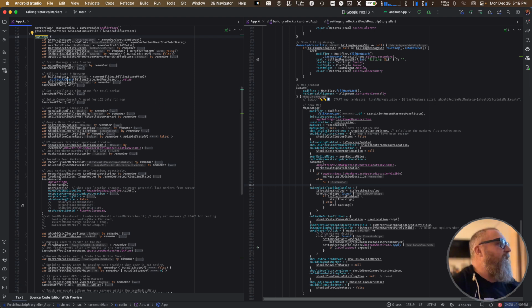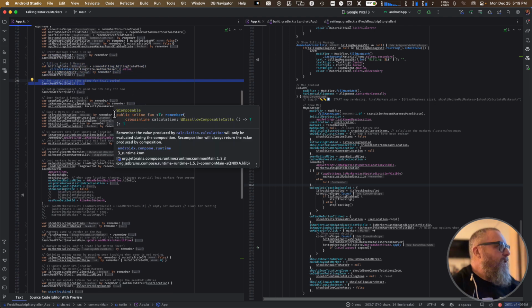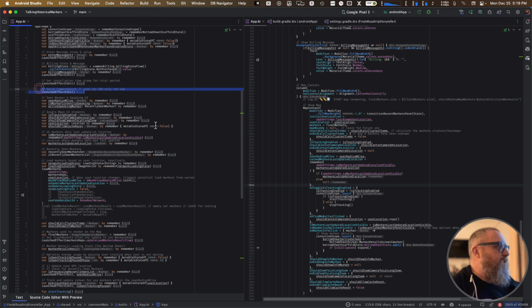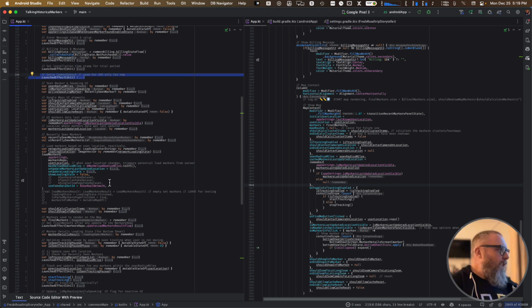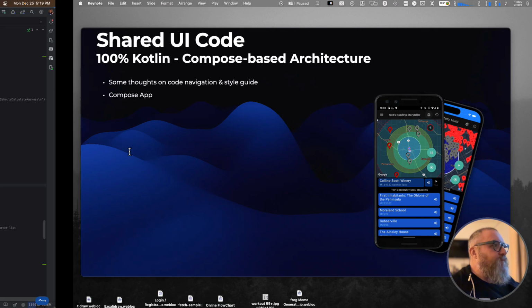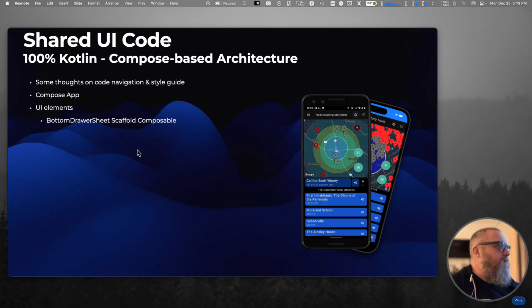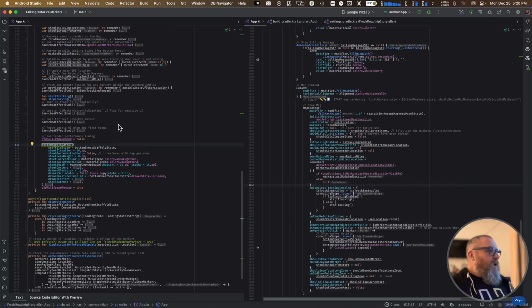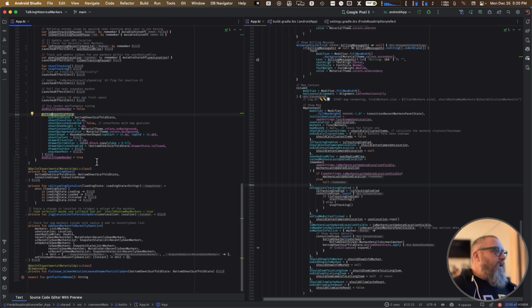So here's the app, and it has the main entry points and error message state, billing message state, the installation time setup, the speech, handling the speech patterns. All that stuff is started here. And here is actually the bottom sheet scaffold. Let me see. I hope I didn't step forward here too much. Bottom sheet scaffold composable. This is a material component, and it allows me to set up